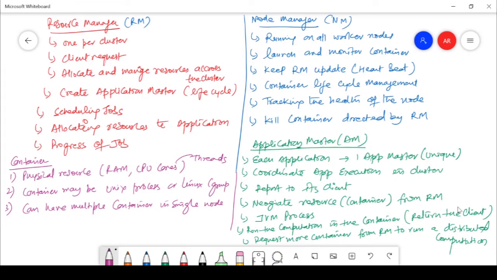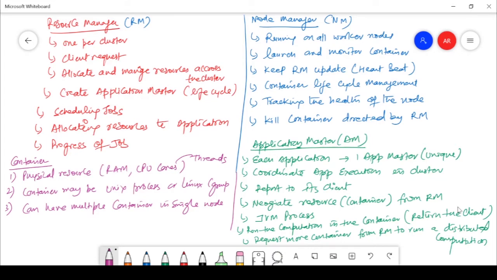So we came up with the idea that there should be some solution for that. The YARN architecture says to split the job of the job tracker into two parts: let's have a resource manager and the node manager. That means now the burden will be segregated and distributed, so that it will be much more effective.